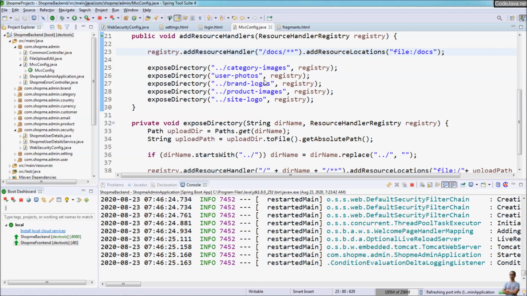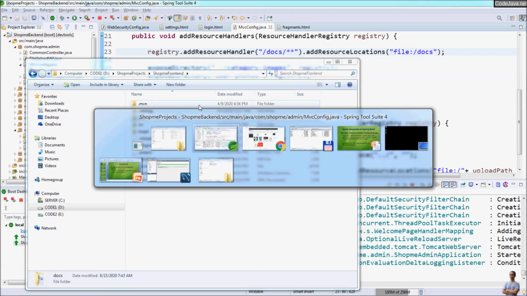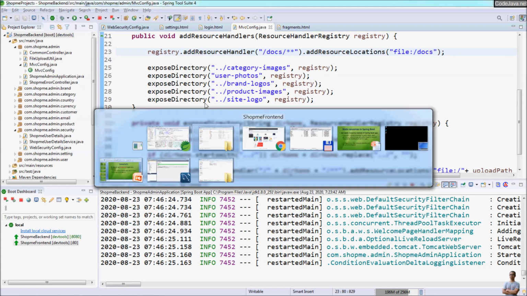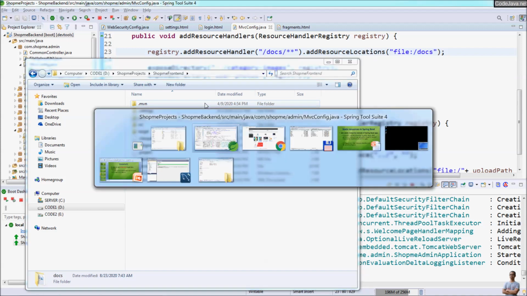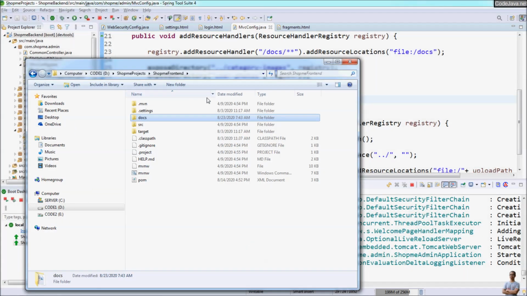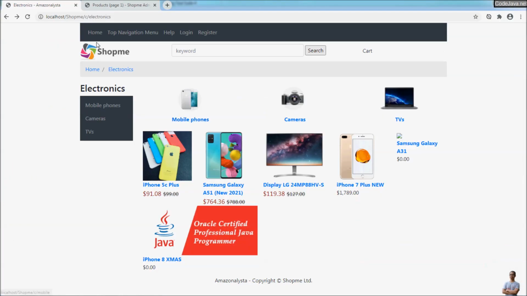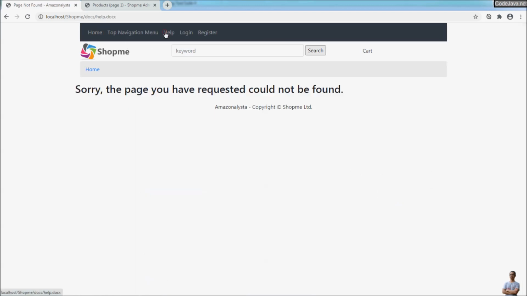The benefit of using static resources outside of the application is that you can modify that document, those resources, when the application goes into production, meaning the application is packaged into a jar file, and we cannot modify the jar file to modify the resources. Now refresh, and in the help here, click